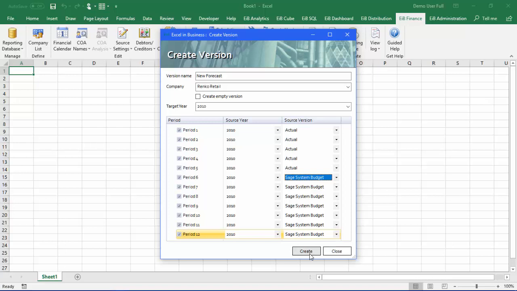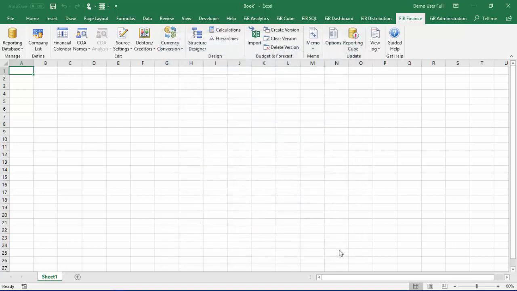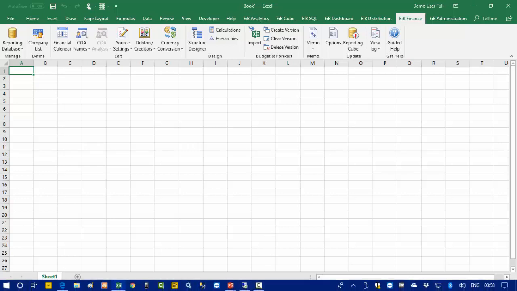Next time I process the cube, I will have that new version in there. And of course, now what do we do with that forecast? How do we update it? What I'm going to do is show you a before and after effect here. So let me just go across